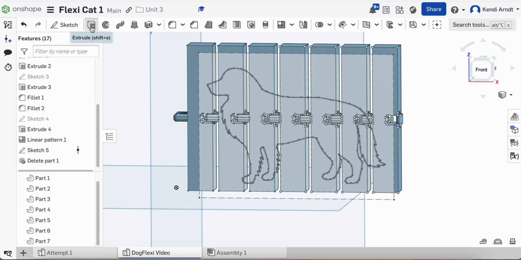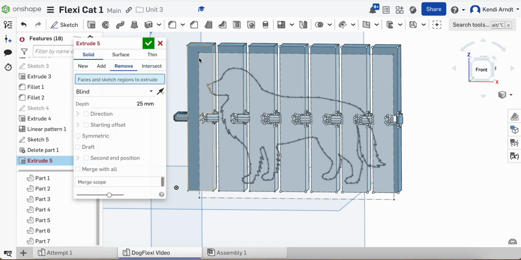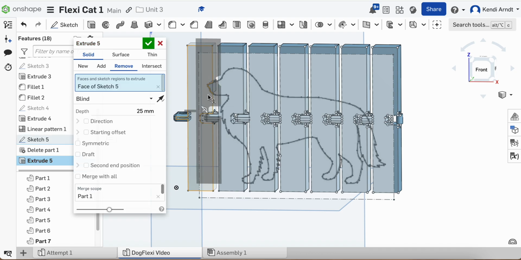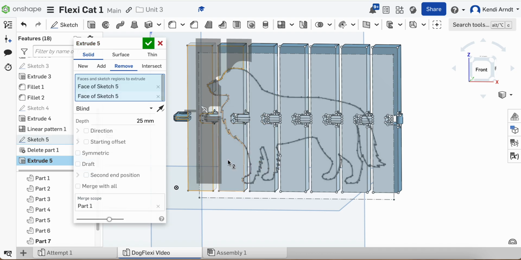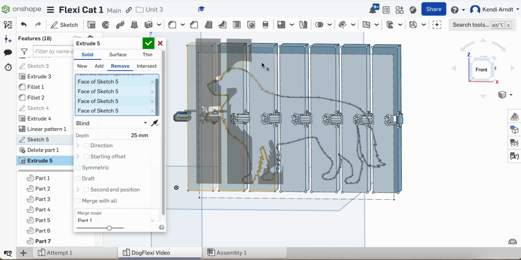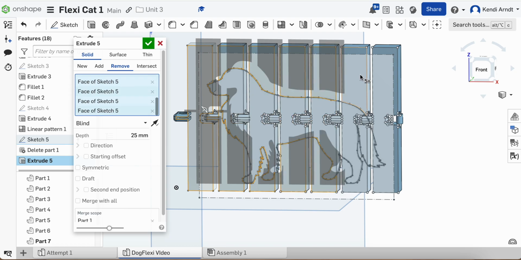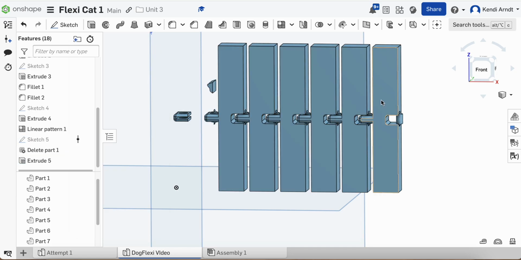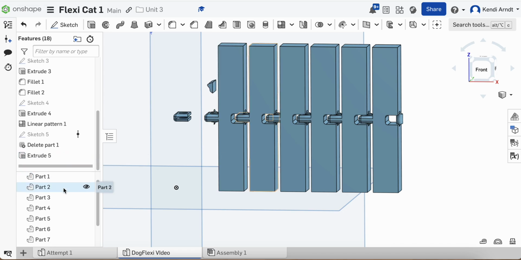So, okay, I'm going to hit extrude and I'm going to remove, and I'm going to select everything around the dog, top and bottom, and the edge here. Okay, so yes, I did have a problem